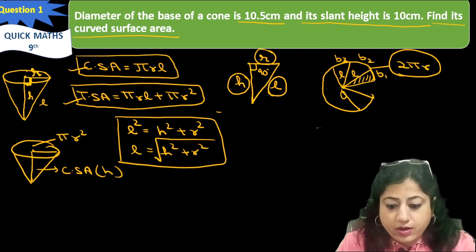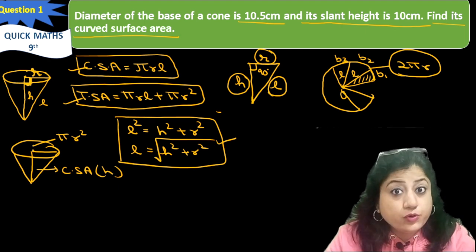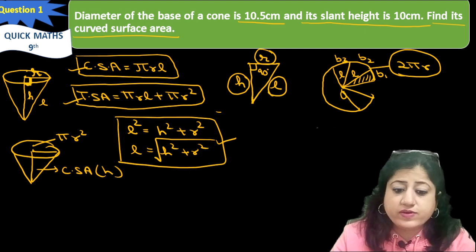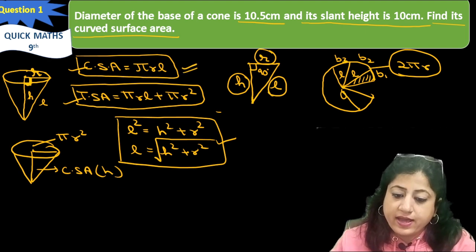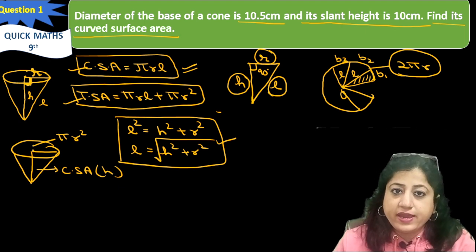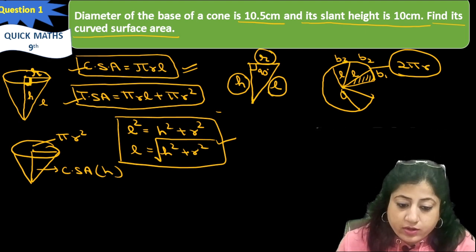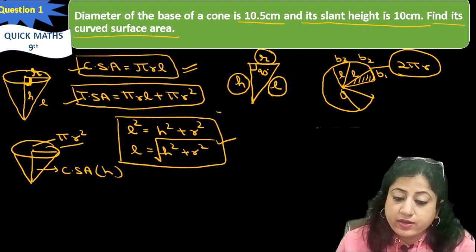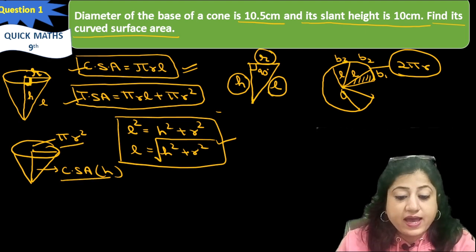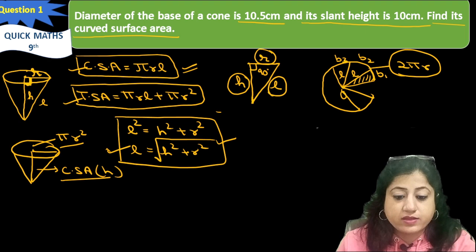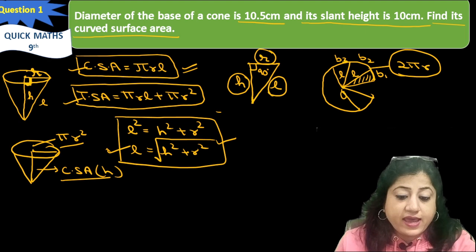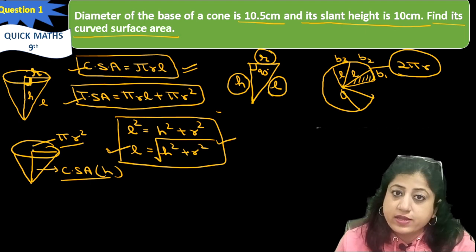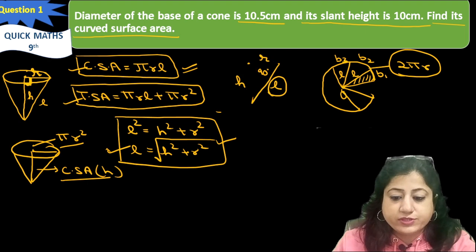So now I hope it is clear to you that we will use three formulas. First is curved surface area, that is only the area that contains height, and that is pi rl. Total surface area means the area that contains both the circle area pi r square plus curved surface area, that is pi rl plus pi r square. And the last one is slant height. Slant height can be obtained by using the Pythagoras theorem, that is L is equal to under root of h square plus r square. Now it's time to start the first question.